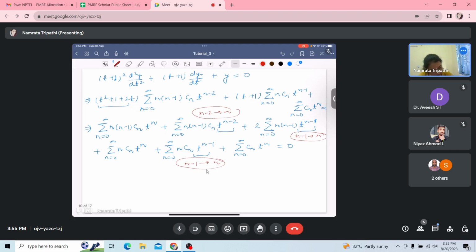After replacing, I'm going to write this second term. So this will give n plus 2, n plus 1, c n plus 2, t power n, and these two terms after replacing this term